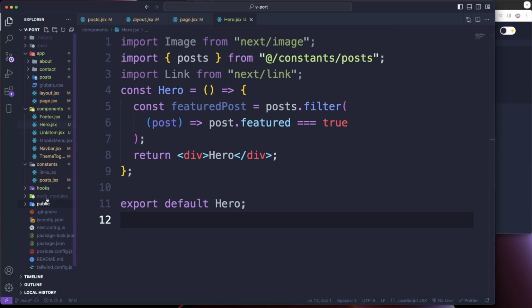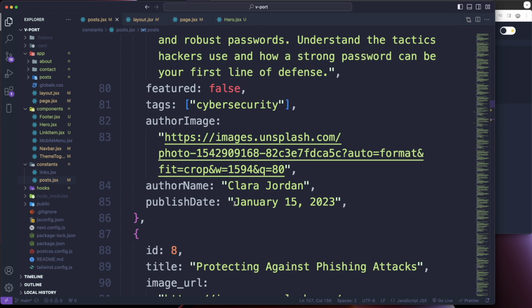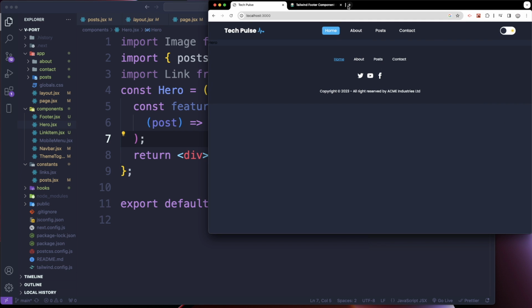So that's basically, we head over to our data, which is under our constants. We got some posts where featured is true, and some where featured is false. This JavaScript method is just grabbing all of the ones that equal true,